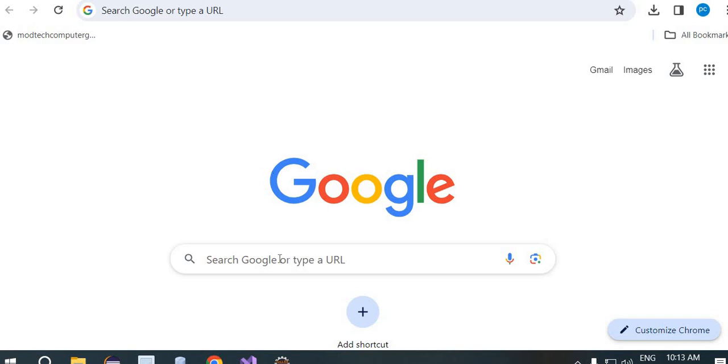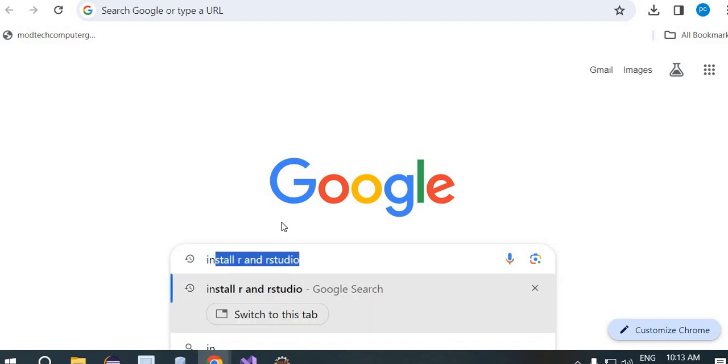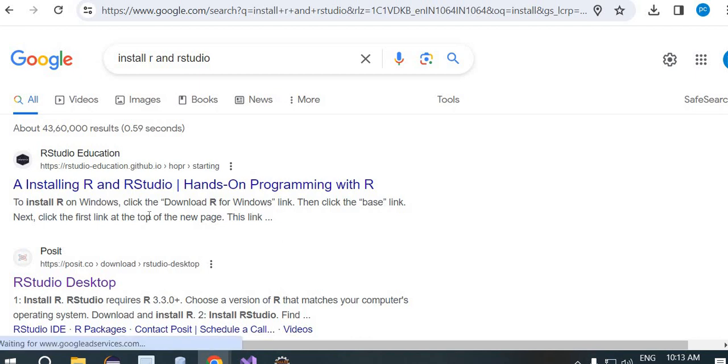Today we will learn how to install R. To install R you need to type here, install R and RStudio. This has already come. Now click on this, enter to this. Here you have to look for this POSIT. POSIT is having both the things. So click on RStudio,